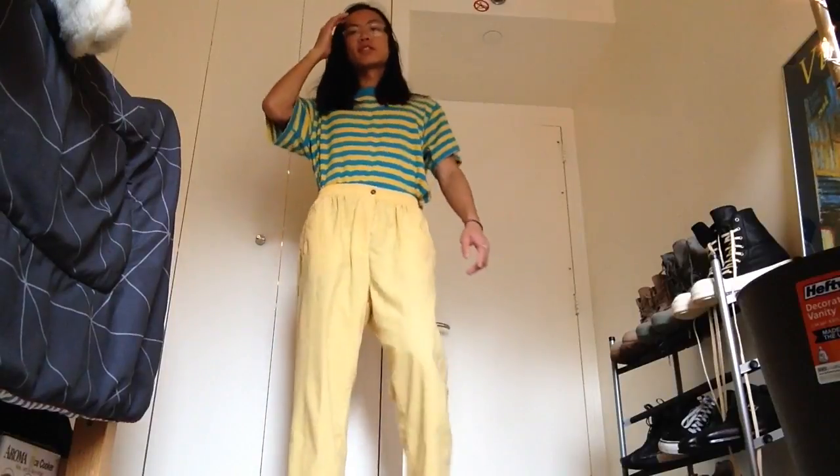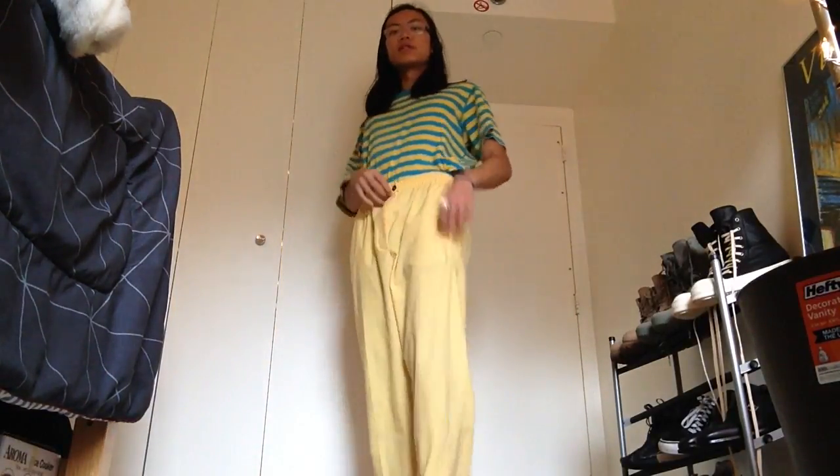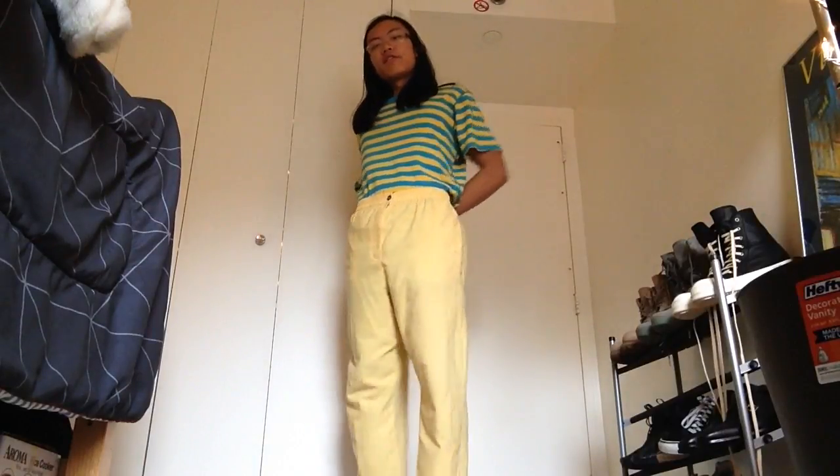Alright, so here's what the full outfit looks like. I'm putting my phone on the floor this time, so hopefully you can see the whole thing. But yeah, again, just wearing my white AF1s, all yellow fit. Both these are mainly summer items. These pants are super thin, so they're really nice for the summer. And this is just a t-shirt, but if I wanted to wear this in the fall, I'd probably pair it